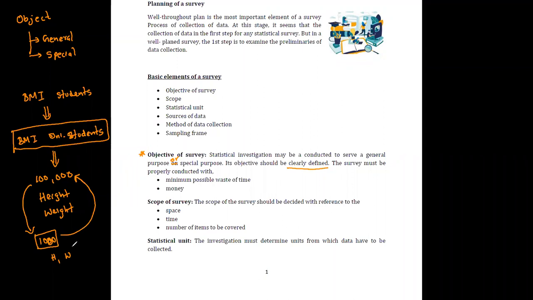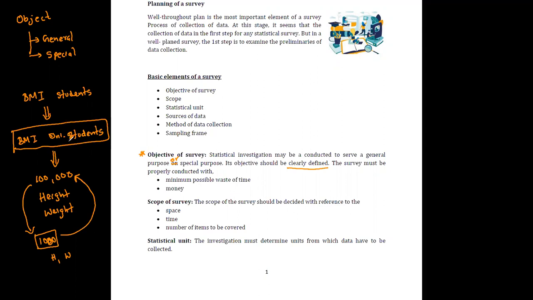Otherwise, suppose you are just living in Colombo, somewhere in the town area, then you have to travel all over Sri Lanka to measure these things. Or else, the next thing is, you have to set up an administrative team or some investigators relevant to each university, and then you have to collect the data.